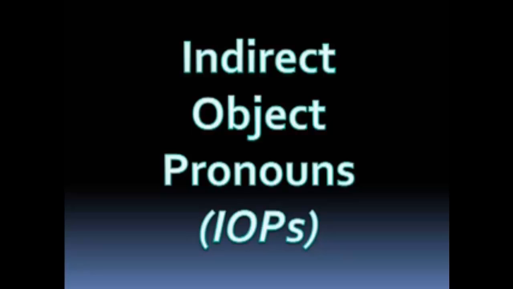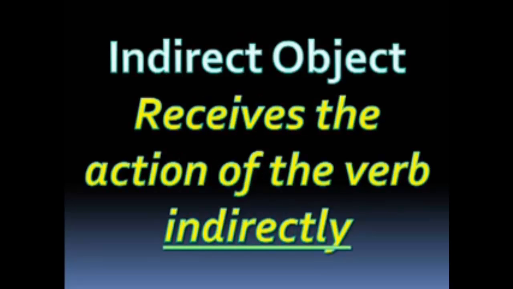Okay, so let's talk about indirect object pronouns. We'll do a whole other podcast on these, but just briefly here, a real quick overview. As the name insinuates, an indirect object receives the action of the verb indirectly. So if a verb does an action, it's what's receiving that action indirectly. What this means is that the indirect object in the sentence indicates the to or for whom the action is